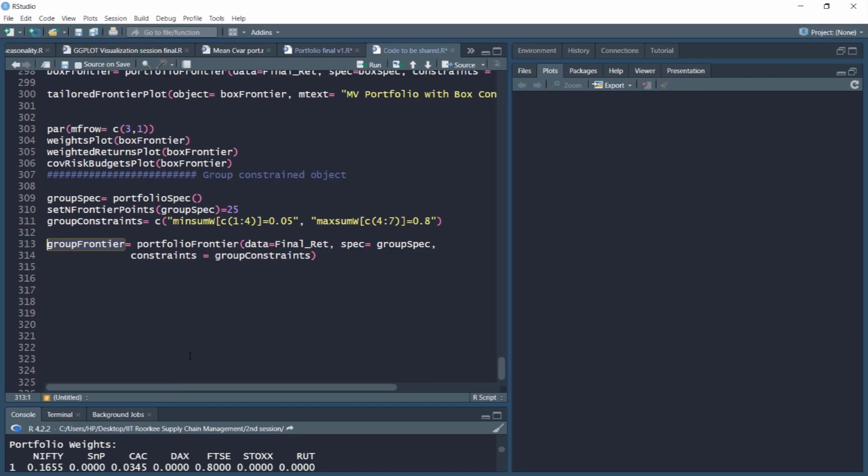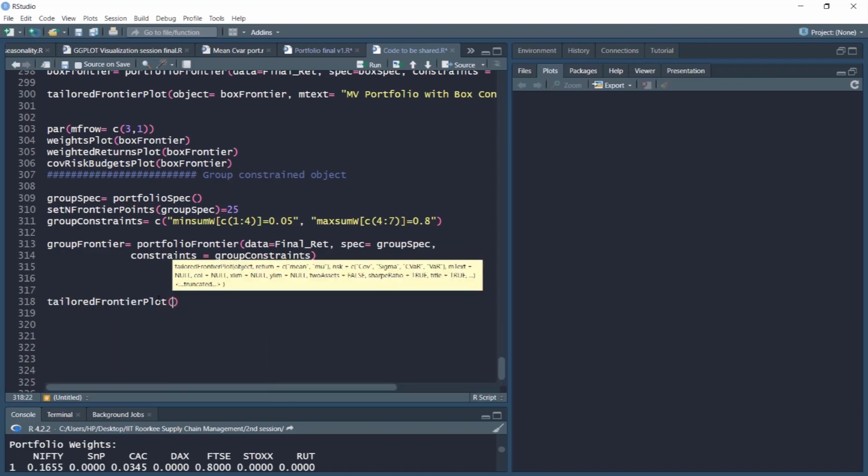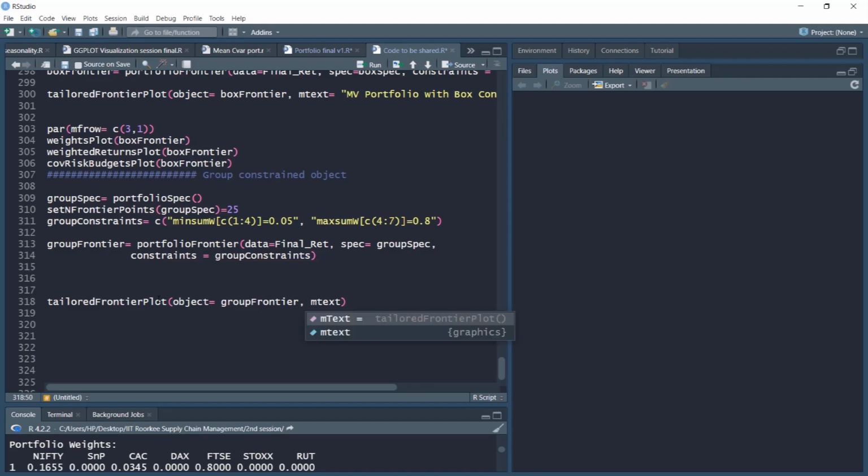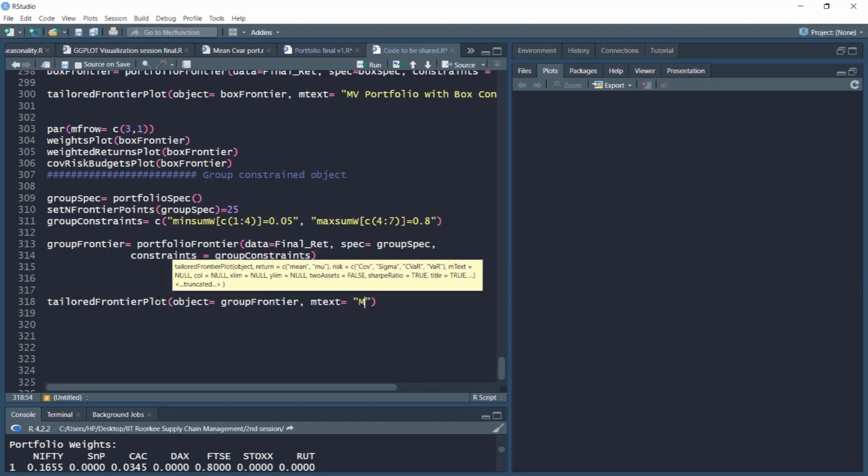So I'll use again the tailored frontier plot as we used earlier. So tailored frontier plot. For this we need to provide the object, which is group frontier object, and then we need to provide the heading temp text equal to MV portfolio with group constraints, and we'll specify the risk as covariance.